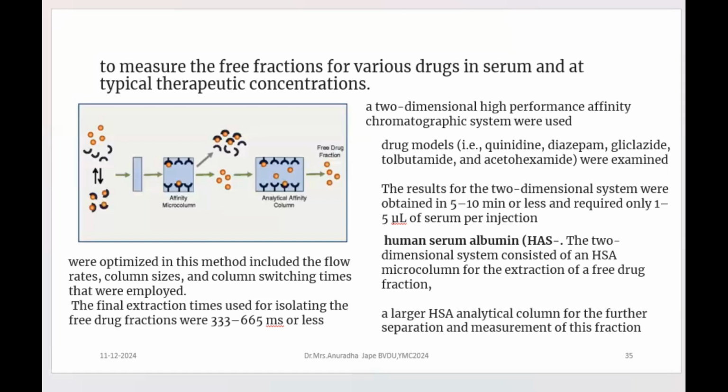So serum samples are taken, and you are going to go with a two-dimensional system. When I say two-dimensional system, and say for example it is human serum that you are studying, then human serum albumin, HSA, you can remember the word as a keyword. So human serum albumin columns are used. Here again, do you remember in column chromatography we had talked about solid phase extraction, or purification of analyte, or pre-columns? These terms we have learned, right?